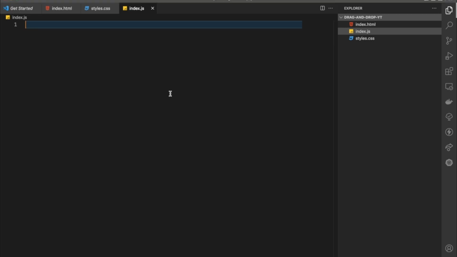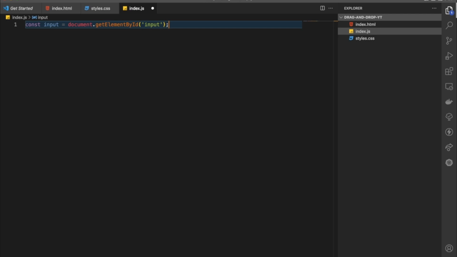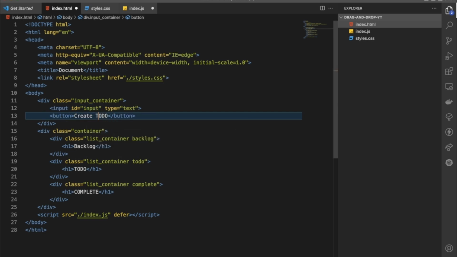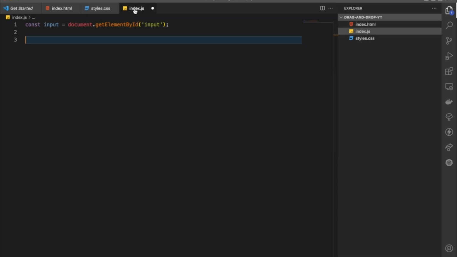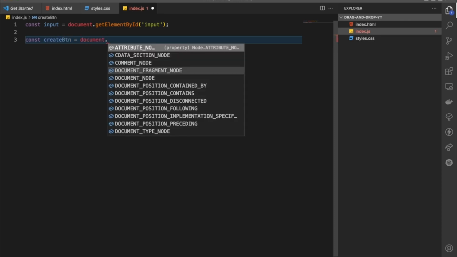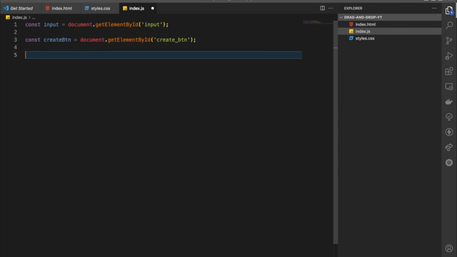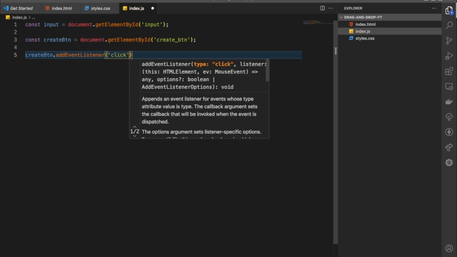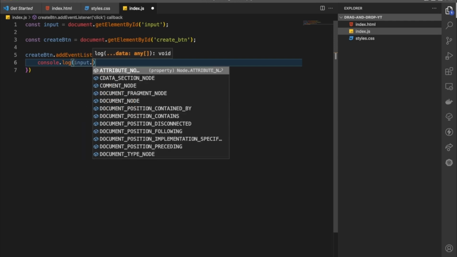So now what we are going to do, let's have our input first. document.getElementById input, and I think I haven't passed any ID to the input, so let's just pass input, and for this button as well, let's pass create-btn. Let's save it, and we're also going to have a create button. document.getElementById create-btn, and then on the create button, what is going to happen, we are going to have addEventListener on click, and let's console log first of all what we are getting. Let's console log input.value. Okay,